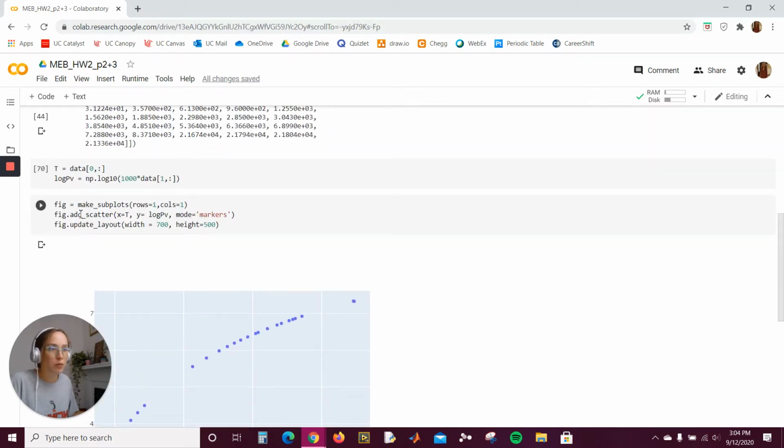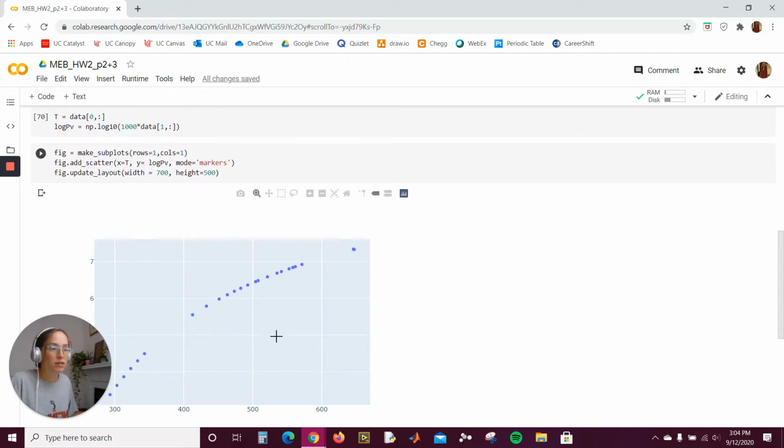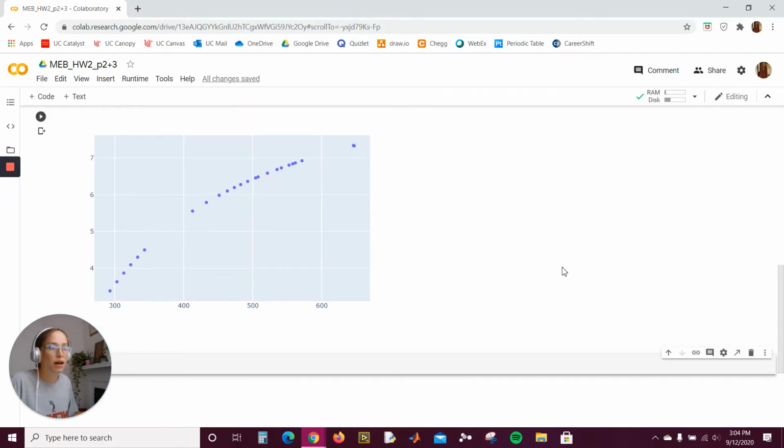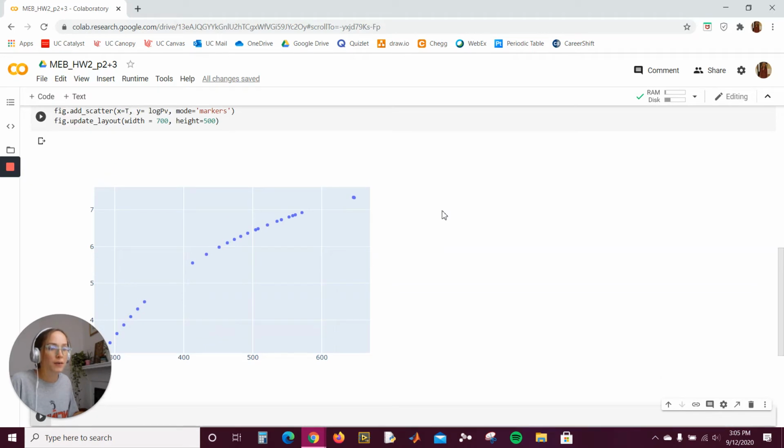And then it's a scatter plot, so I did fig.add_scatter. Our x-axis is the temperature values, our y-axis is the log PV values, so this is a marker mode since it's a scatter plot. And then this fig.update_layout is just the width and the height of